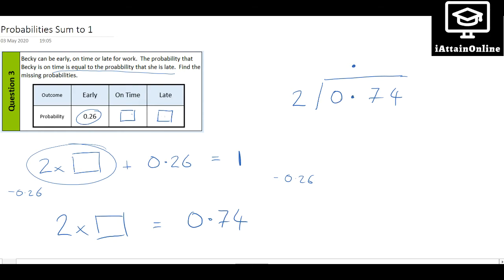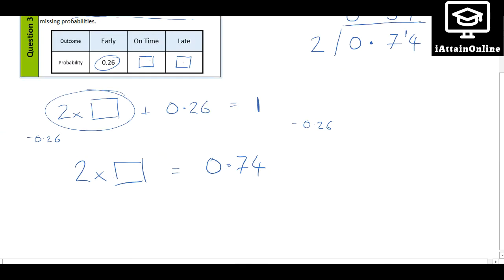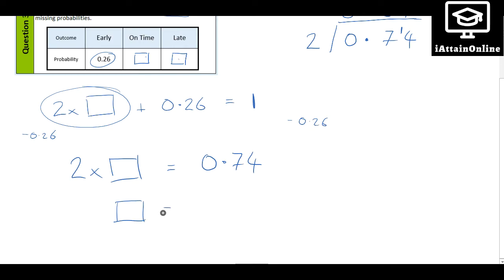So if I've got 0, how many 2's can I make out of that? That answer is 0. If I've got 7, how many 2's can I make out of that? Well, that would be 3 wholes, but don't forget what's left over. 3 lots of 2 is 6, so I would have 1. And then how many 2's go into 14? That is 7. So that tells me that each box is worth